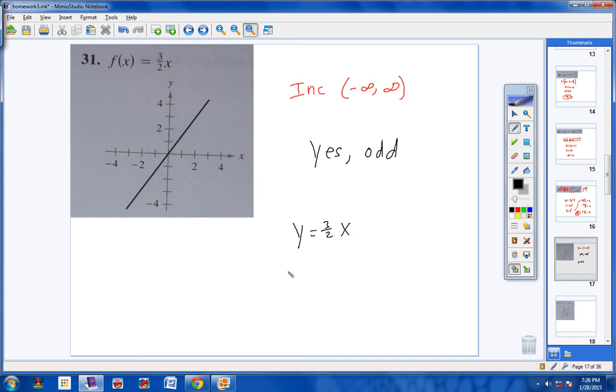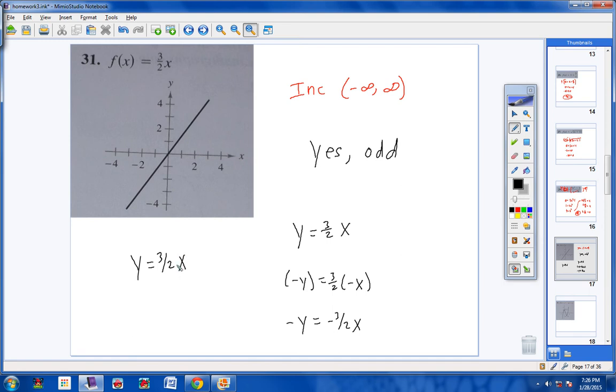Then everywhere there's a y, put a negative y. Everywhere there's an x, put a negative x. And a negative y is a negative y. 3/2 times negative x is negative 3/2 x. And then get y by itself by changing both the signs, or dividing by negative 1, and y equals 3/2